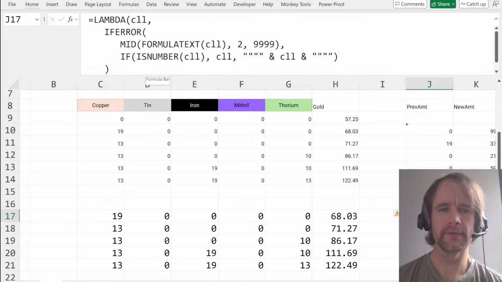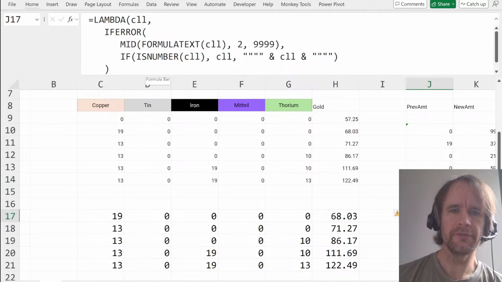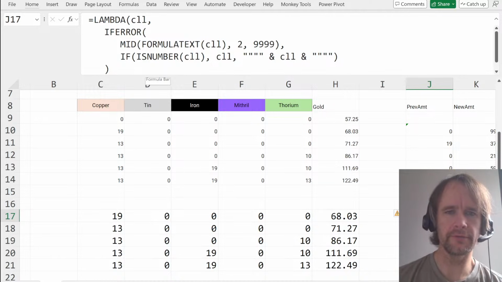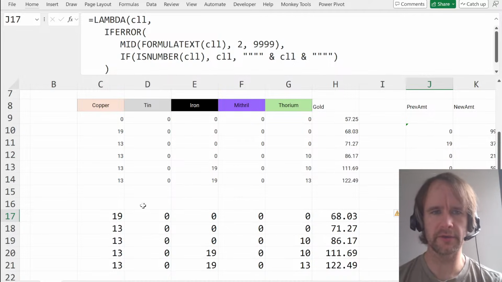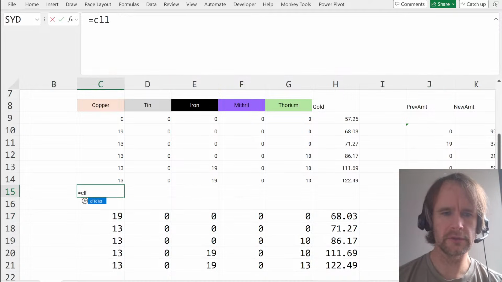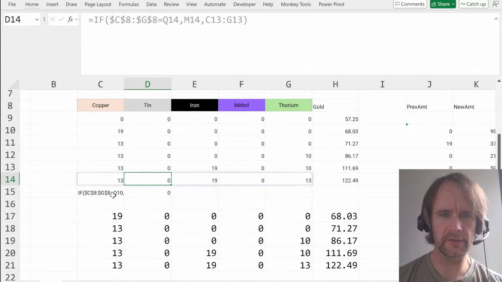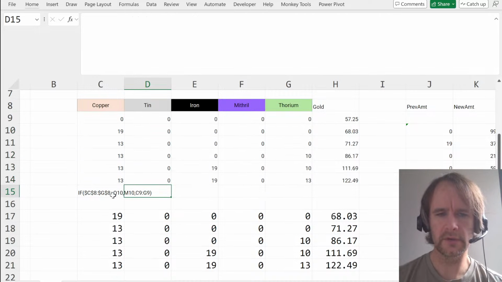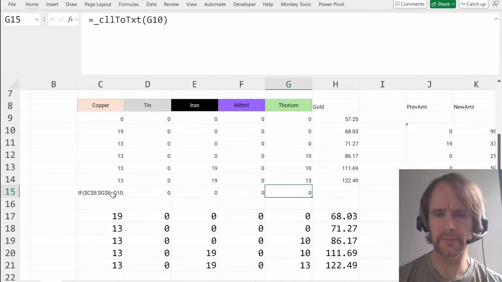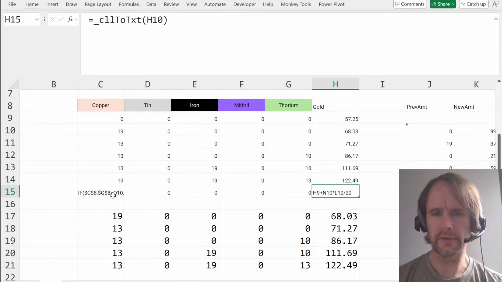So if it has a formula, give me the formula. If not, if it's a number, give me that. Otherwise, give me that text. Yes, I remember this. Okay. So cell to text of this gives me something. There's nothing there. I don't know why it even gives me a 0, but whatever. Well, no, I guess keep it for now. And that is something. Okay,